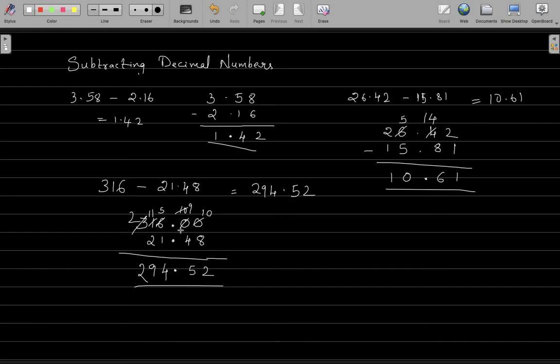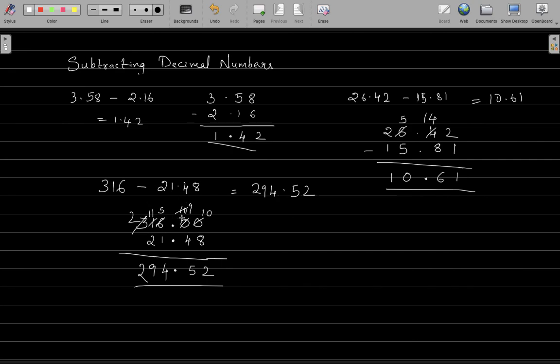So whenever you are given a number, just an integer or a natural number, to convert it into a decimal you just have to add a decimal point and add as many zeros as you want. Here I require two positions, so I'm just using two zeros. If you have one position, use only one zero. You understand? Suppose instead of 21.48 it had been 21.487, then you would be adding another zero. Or if it is 21.4, you will be adding only one zero here.